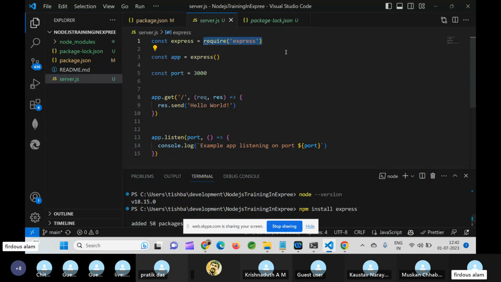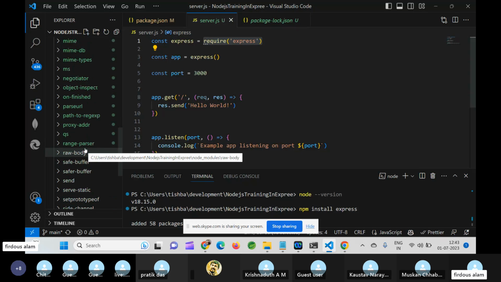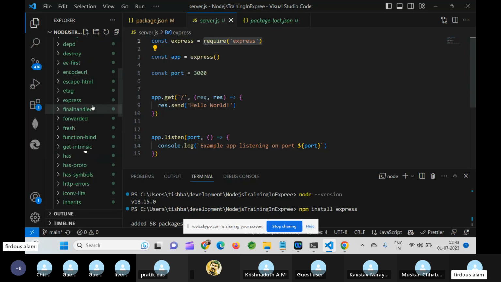Since we have installed this and then required it, it will go and search the node_modules. By default, if you don't give any path, it will search node_modules and see whether the Express library is present. Since there is an Express library, it will include it in our application.